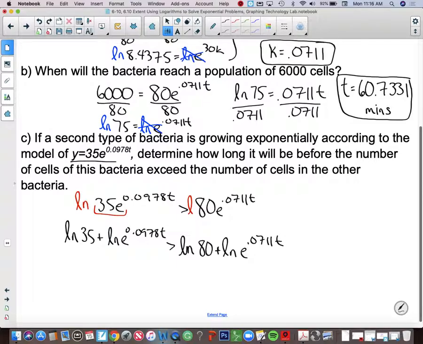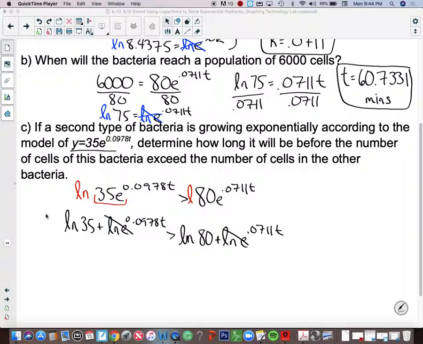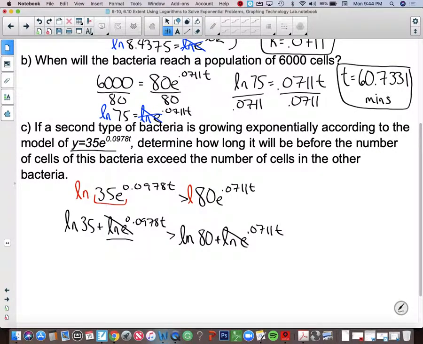So then the natural logs will cancel out with those e's, and we have to do some math to rearrange some things here to solve for t. So remember when these natural logs cancel out here, then we're just left with the exponent. So we don't really need to worry about those anymore. So we have natural log of 35 plus 0.0978t is greater than natural log of 80 plus